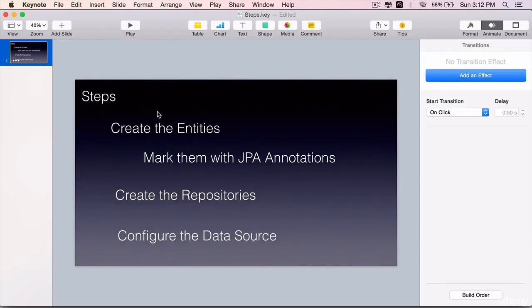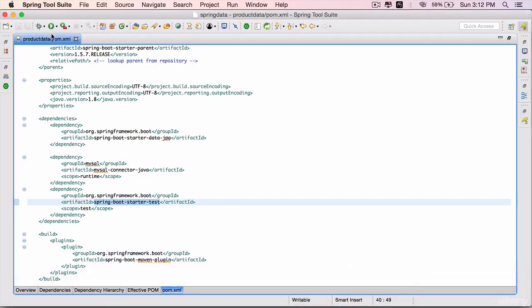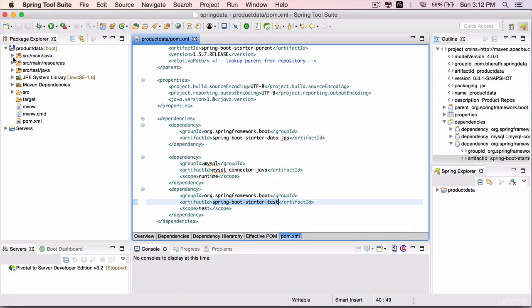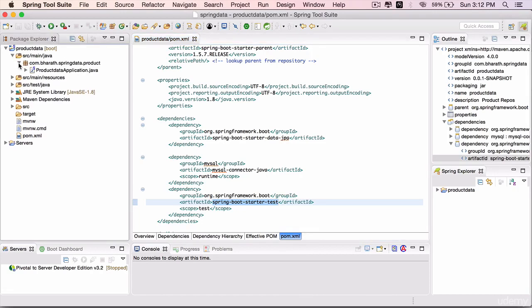Project, the very first step is to create a product class or a product entity and map it to the database table using JPA annotations. To do that, go to STS, double click on this to minimize, open up source main Java, open the package